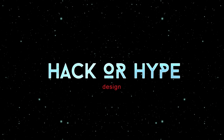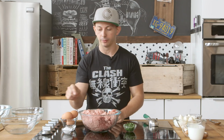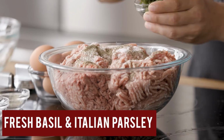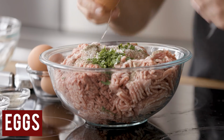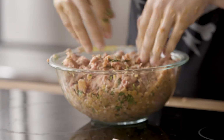All right, so for our base meatball recipe, we're gonna start with the meat in the bowl. We have equal parts ground beef, ground pork, and ground veal. Then we're gonna add some salt, some black pepper, fresh basil and Italian parsley, and some eggs. All right, so we have all our ingredients. I'm gonna mix it all up, split it into 4 bowls, and then from there, we're gonna add our 4